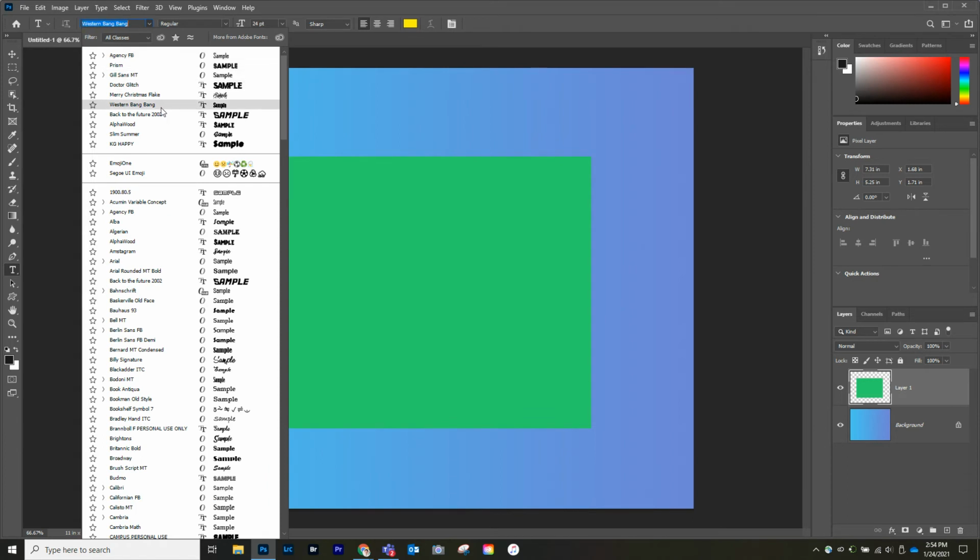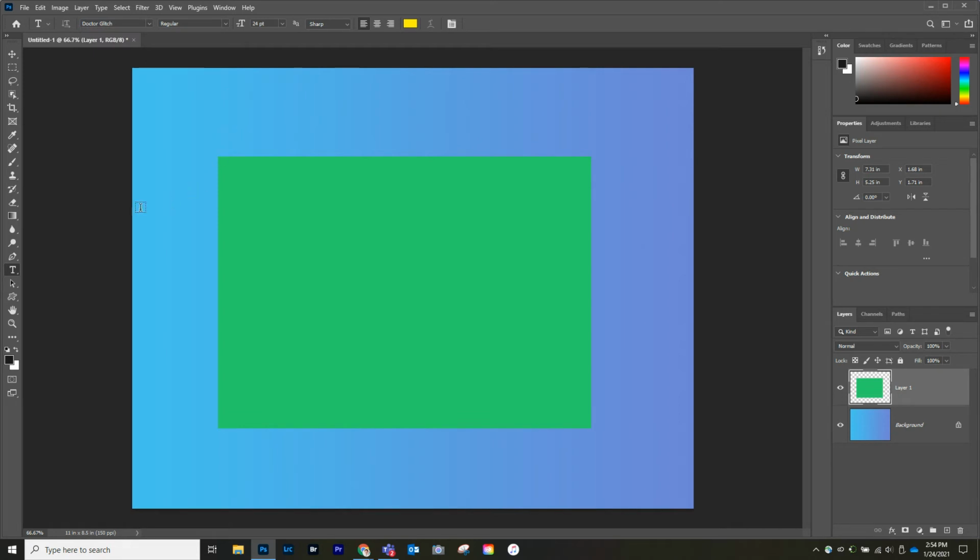We have lots of different fonts. So I'm going to go through here and find an interesting font. Let's see, or I'll just pick something at the moment. Okay, so I've got something there. So I'm just going to use this text tool, and I'm going to type in,